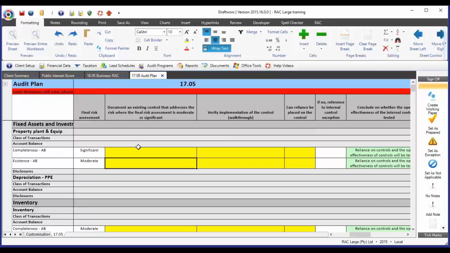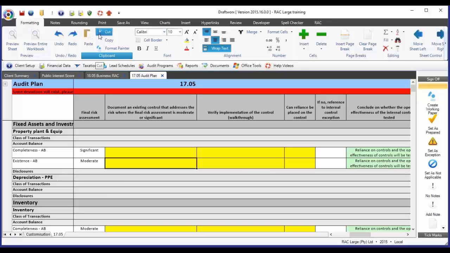A lot of detail in there and a lot of audit theory happening in the background, but you will see from the customization that we are trying to make this process as easy as possible to follow. The fact of the matter is that it is a requirement for you to document your audit plan. You have got to go and document how you're going to test the risk in every single case, and we just feel that with the audit plan update that we did, I can't remember when it was last year, but it was a later improvement to RAC. We could create a situation where we are making life as easy as possible for you as the user on the one hand,